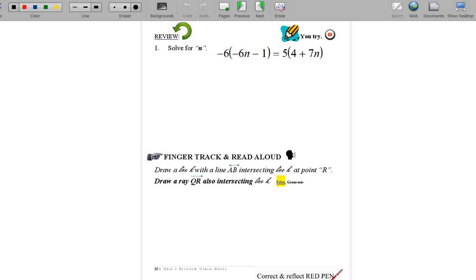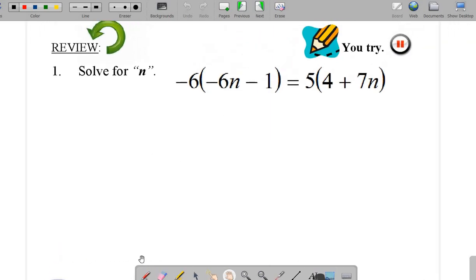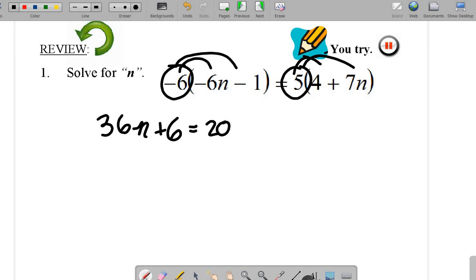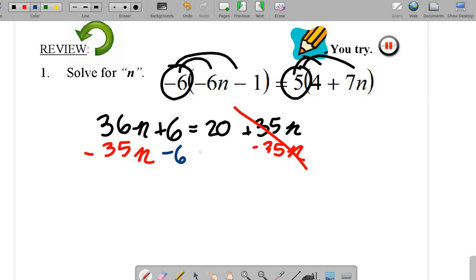Welcome back, students. Hopefully you actually did the work yourself. Let's take a look here. All right. We should have always circle and distribute. Double negative makes a positive. So in this case, you should have gotten n equals